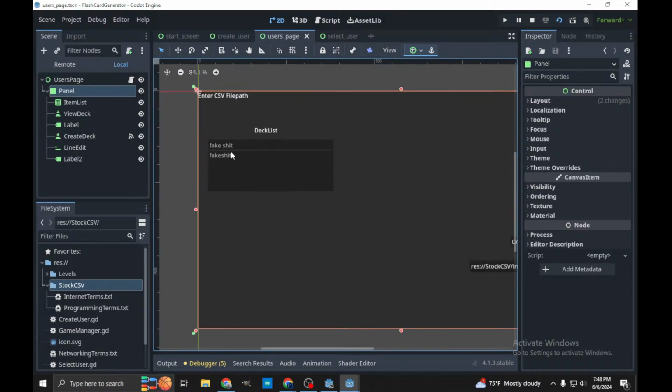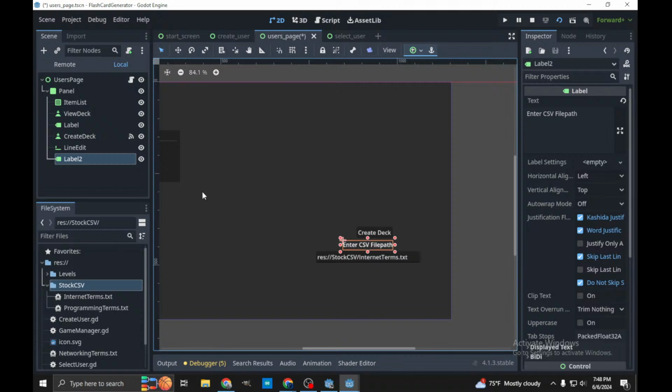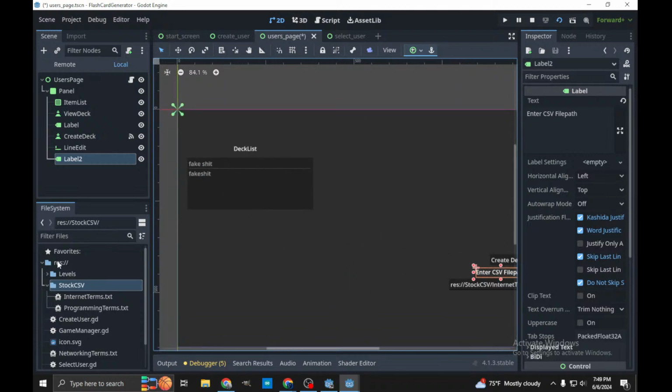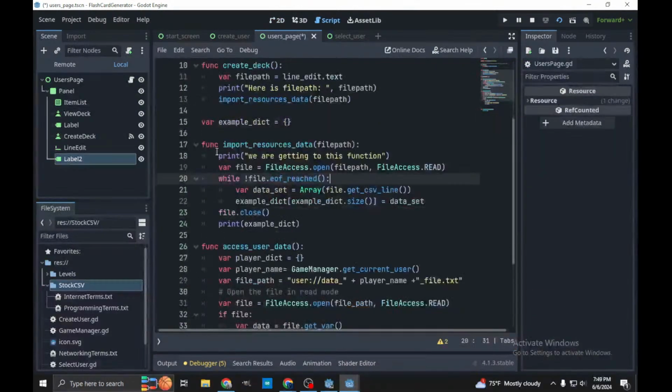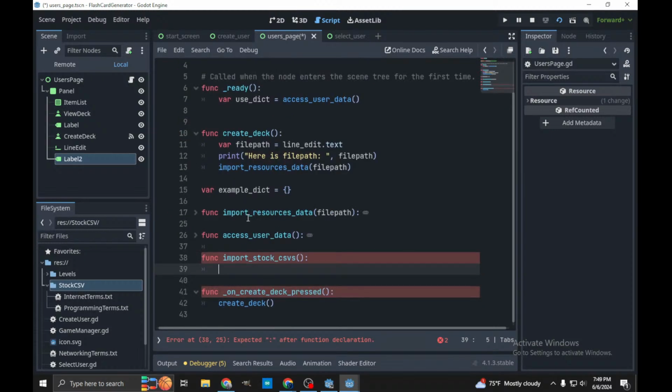So I want to populate this with the stock CSVs. So let's just add a function to, let's say, import stock CSVs. And I guess we'll,